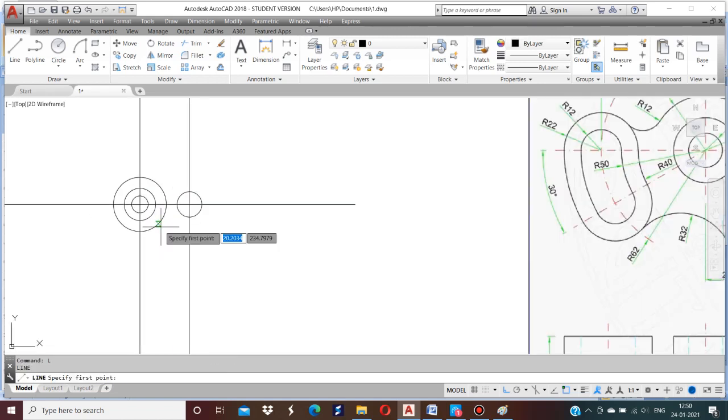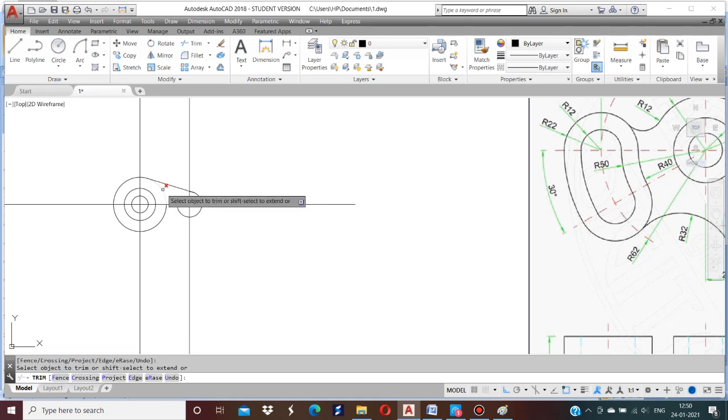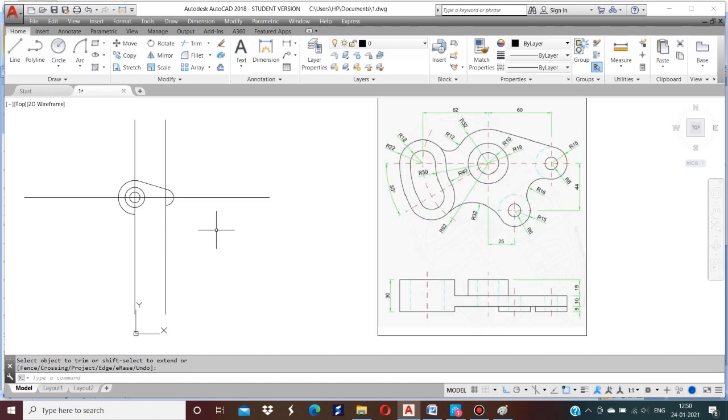Now draw a tangent line from here to here. Now here the horizontal vertical distance is 44.